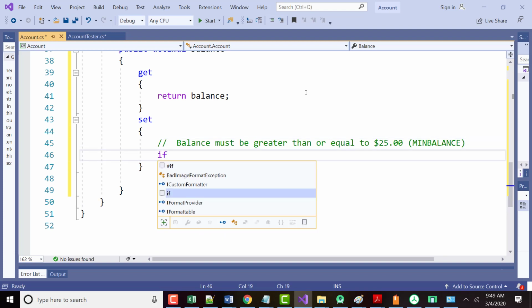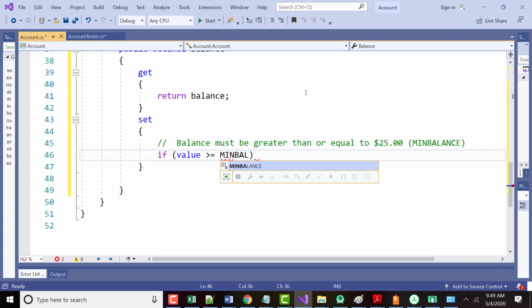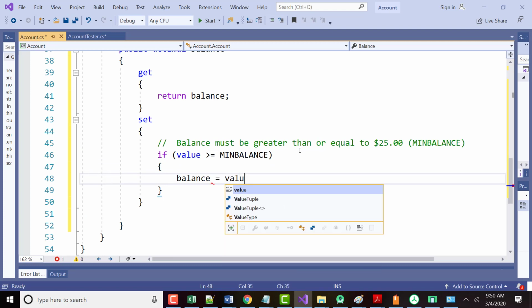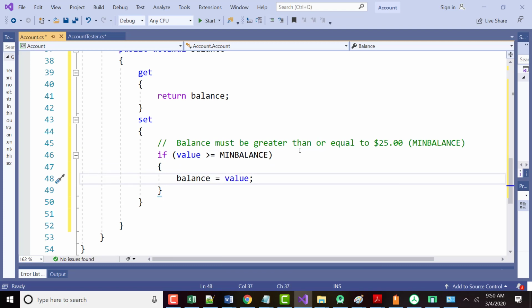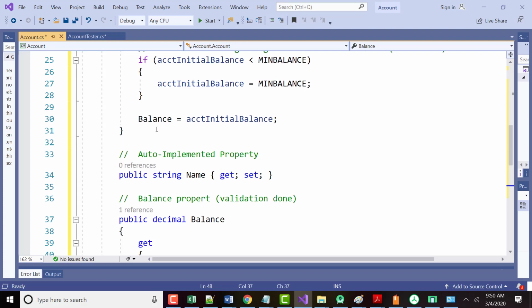So if that value is greater than or equal to the min balance, meaning it's greater than or equal to 25, balance equal value. Okay? And we already saw that from up above. If it's not,